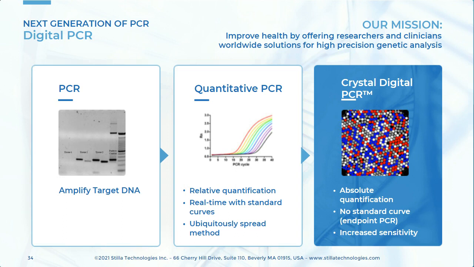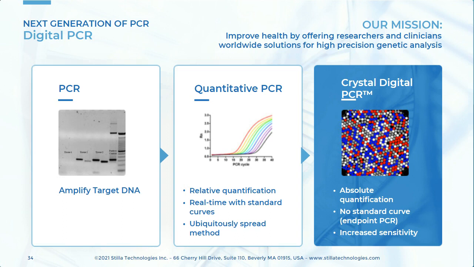The second generation of PCR, quantitative PCR, uses fluorescent labeling to quantify the amplification of a DNA target as PCR progresses. Although easy to use, qPCR provides a relative quantification as it requires the establishment of a standard curve with samples of known concentration. These standards may not amplify with the same efficiency as the sample of interest, which may bias the quantification. While qPCR is a widely adopted method for DNA quantification, the third generation of PCR, digital PCR,